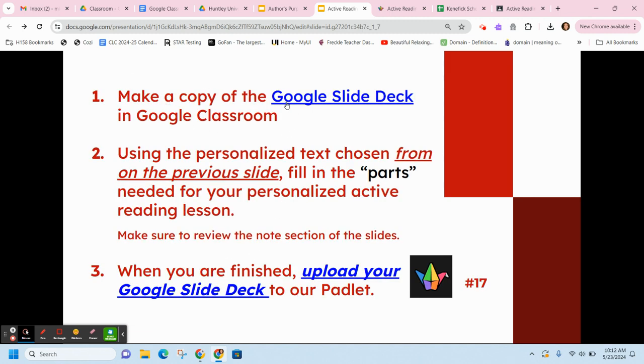Then you are going to make a copy of our Google slide deck. It can also be found in Google Classroom. Using the personalized text chosen from the previous slide, the one you picked that you read with your students, fill in the parts on this Google slide deck to personalize this presentation that can be given or used with your students. Please also upload your Google slide deck to our Padlet, and there is a turn it in button when you're done to turn it in